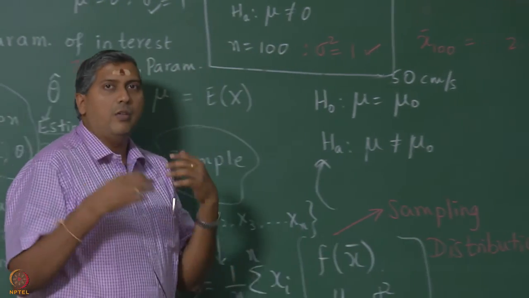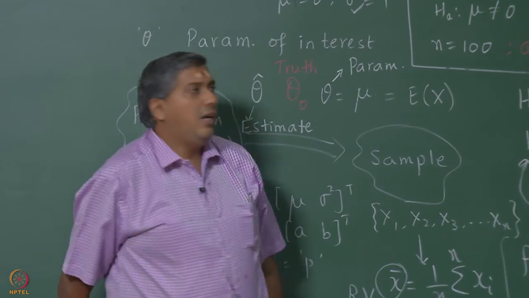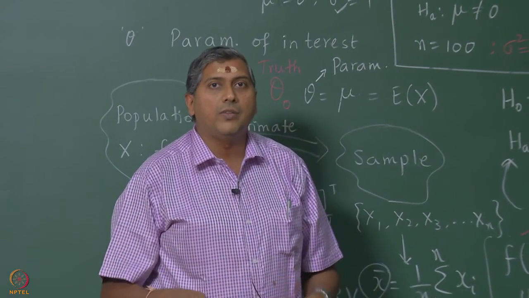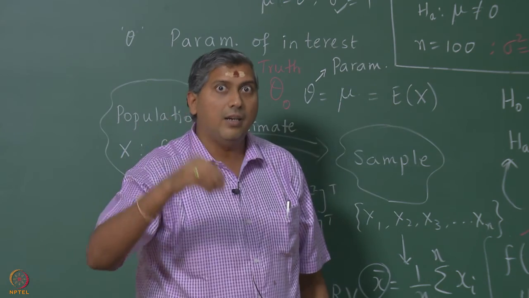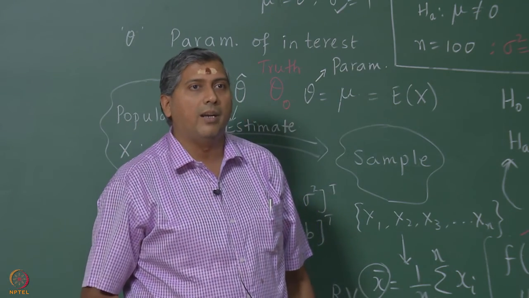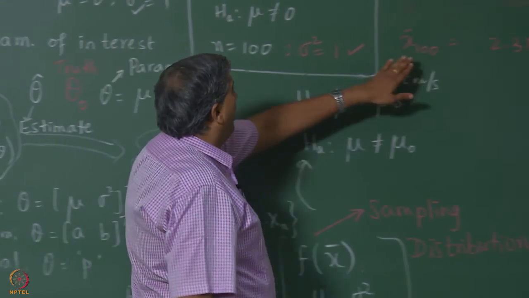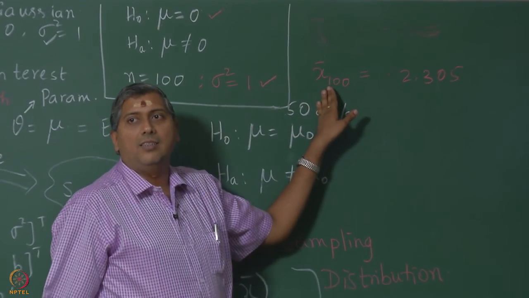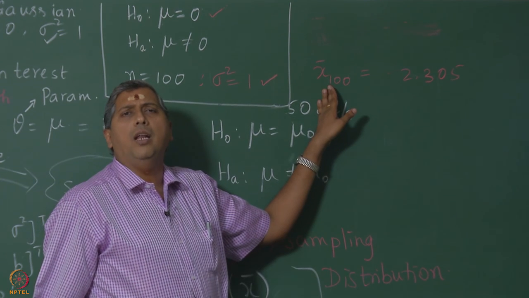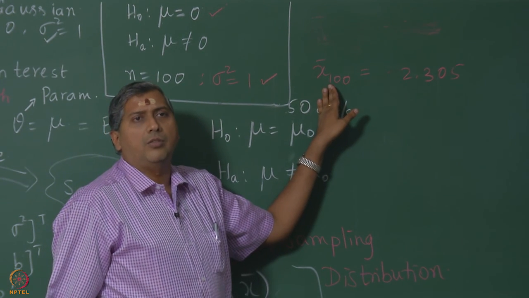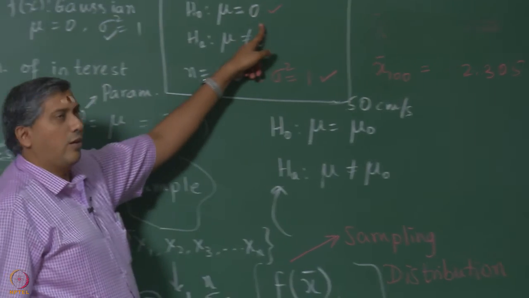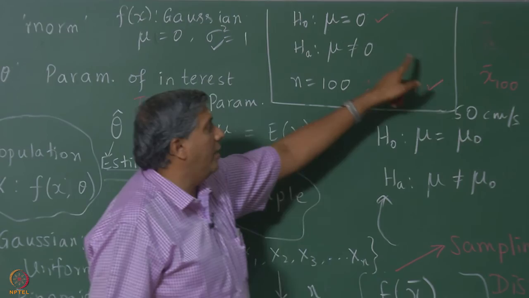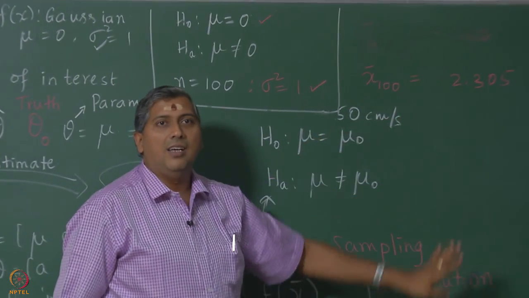So, now you say this is the only realization that I have. X bar is a fairly reliable estimate, that is where the precision of the estimate is important. We say I can rely on the estimator, it is not that bad. Now I ask, given this to be true, how probable is this value? I say the probability is extremely low, this is a very rare chance. So, it is more likely that this is wrong and you end up rejecting the null hypothesis, but all of that depends on what kind of realization you end up with.